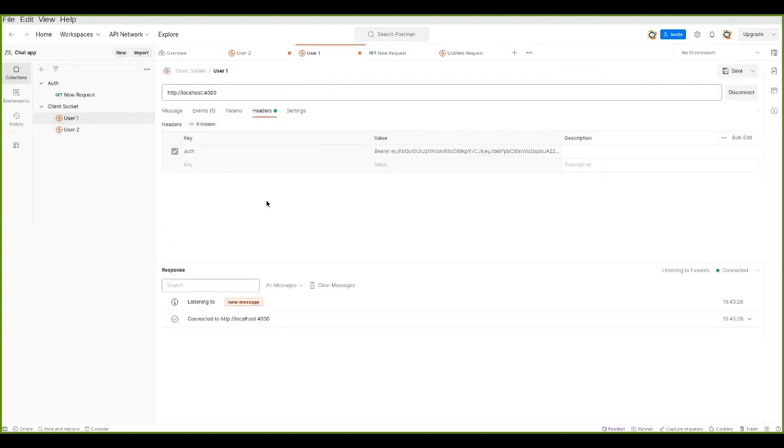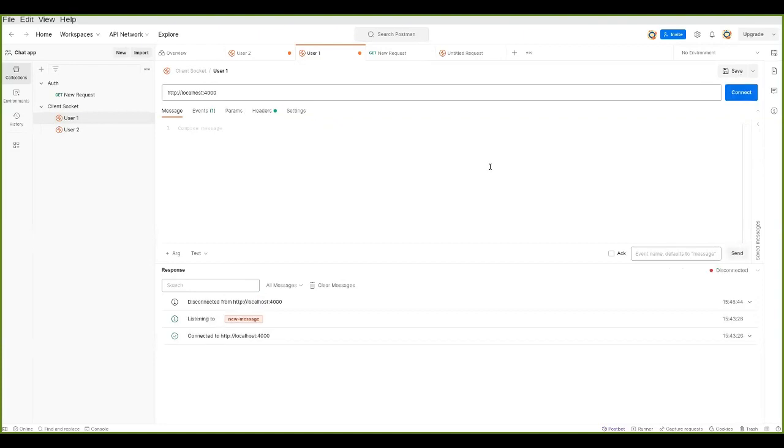So we've connected and we are listening to just one event, which is this new message event. But let's disconnect that connection. Yeah, that's what I say. Should go over that connection and send this message, adding the headers, the message, and everything. Okay. Cool. All right, so if we disconnect,